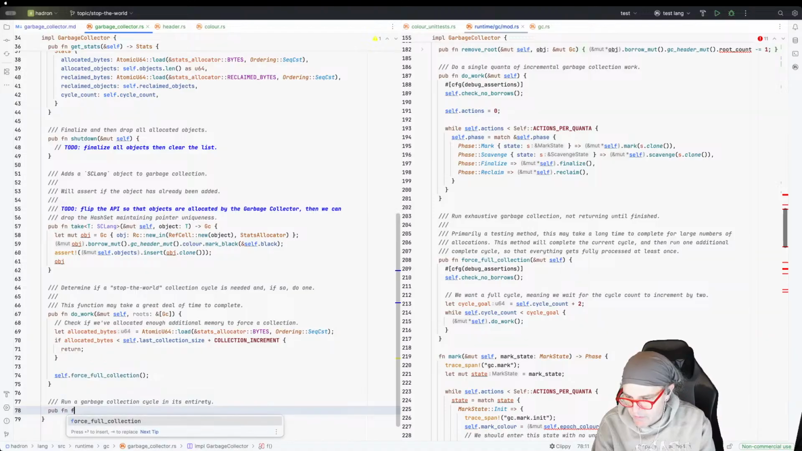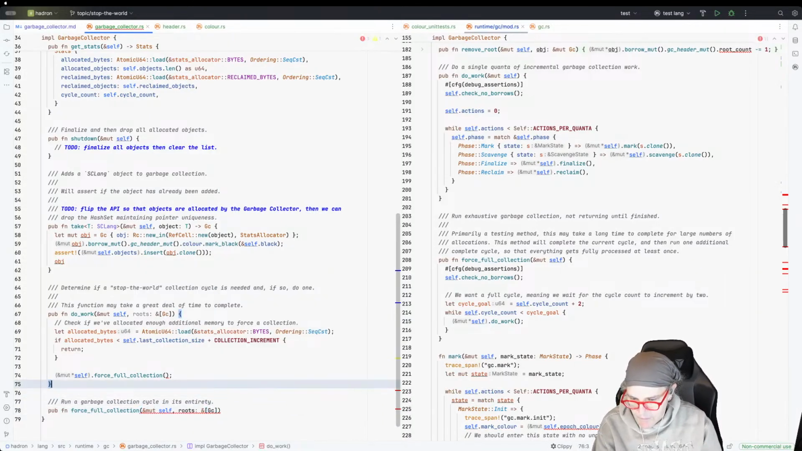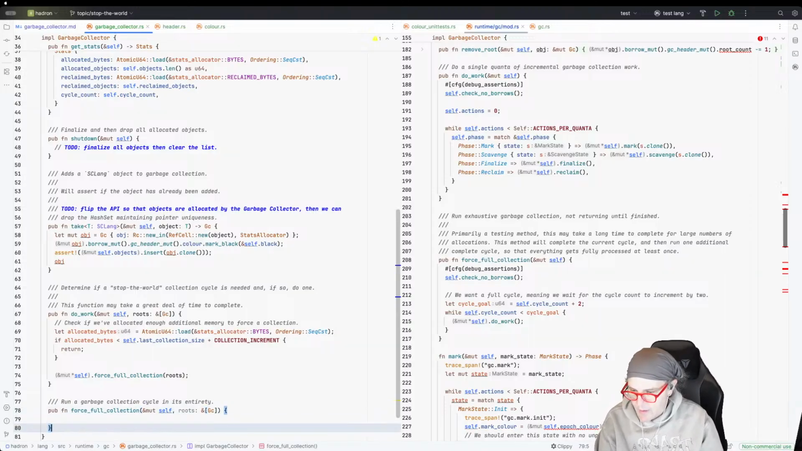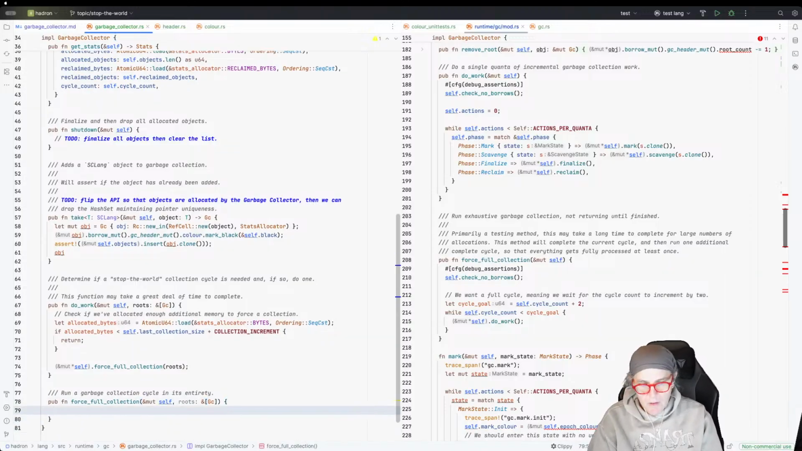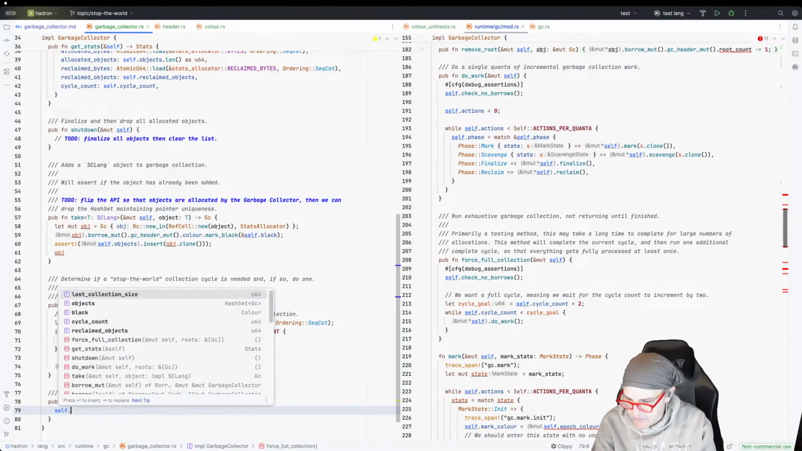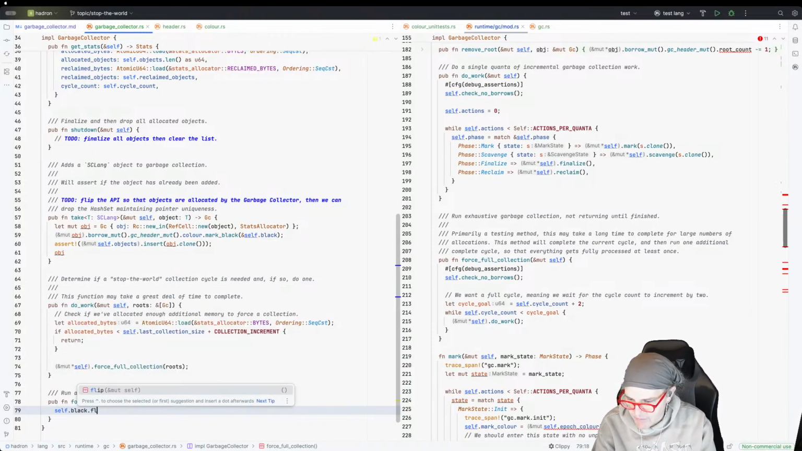Pub fun forceful collection, and roots, self. Oh, and roots, and GC. No, we don't care. Roots, slice of roots. Okay. Self dot black dot flip. Flip the